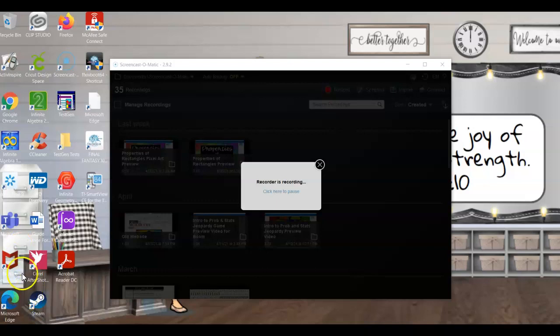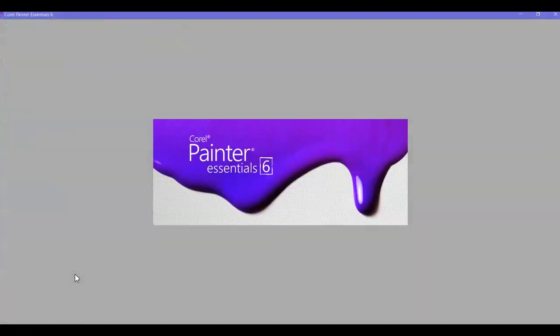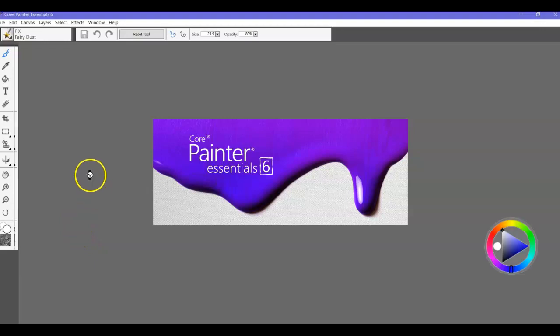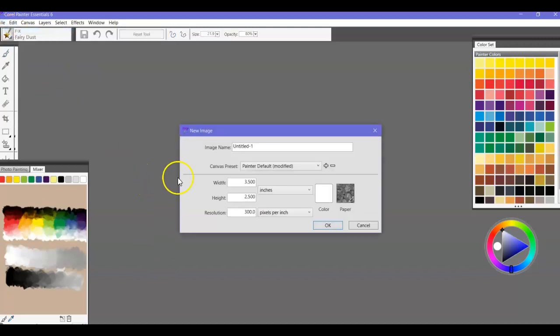All right, so we're gonna do a background. I'm not really sure what I'm gonna do yet. I'm gonna go to my start menu, and go down to my Corel Painter Essentials 6 that came with my Wacom tablet, and wait for that to pop up. Alright, I usually just close that out and I usually go to new, and then boom cards are 7 by